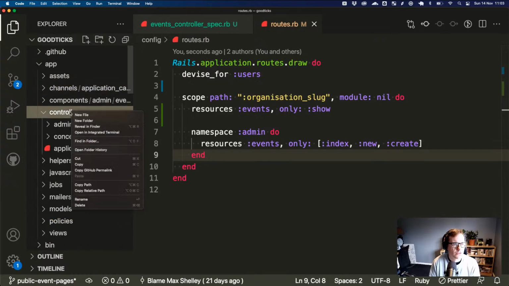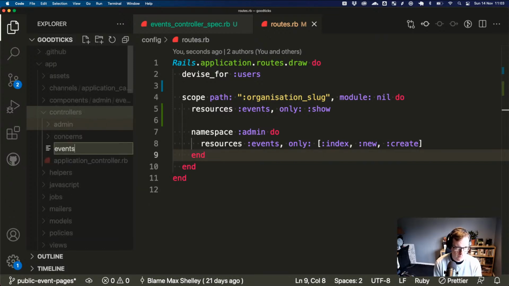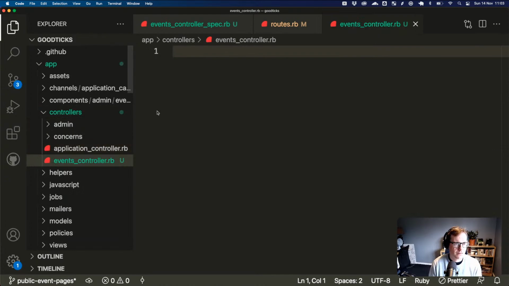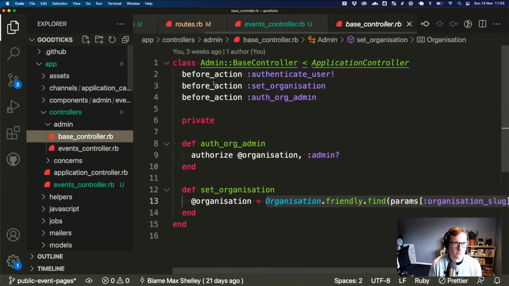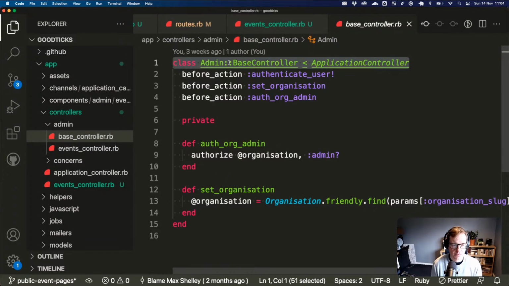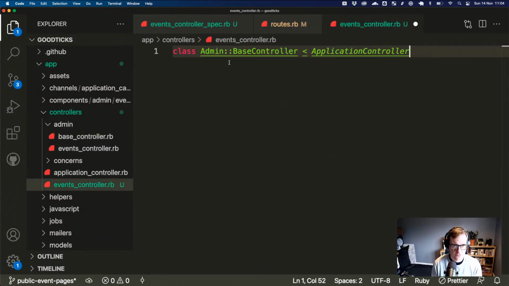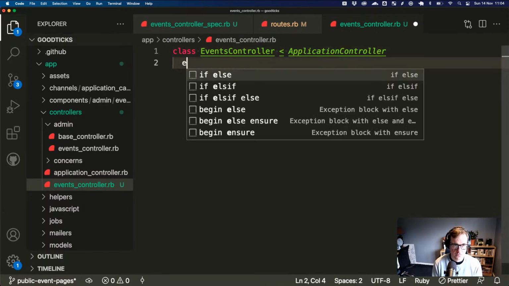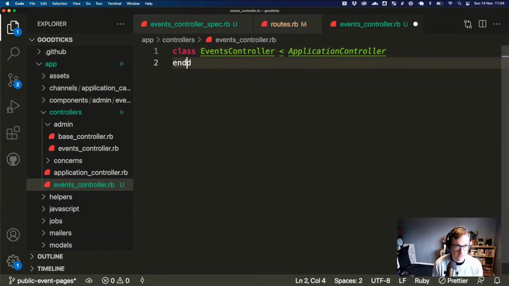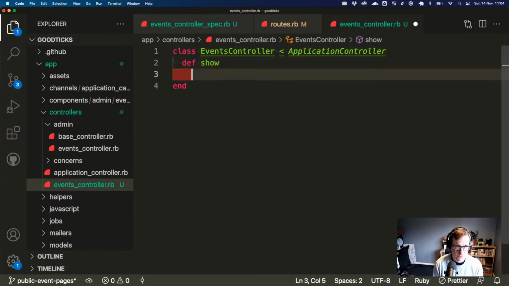And we want a controller, so we can do... Here we can grab one of the others. Application controller makes sense. And even though we don't need to, I think we can def show.